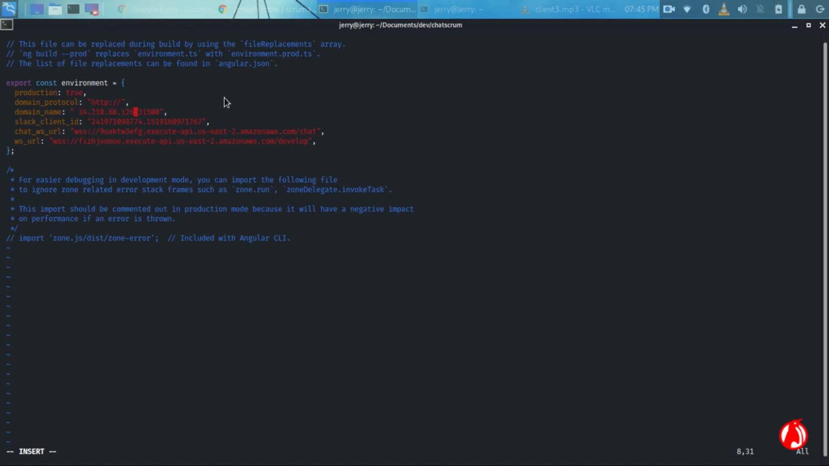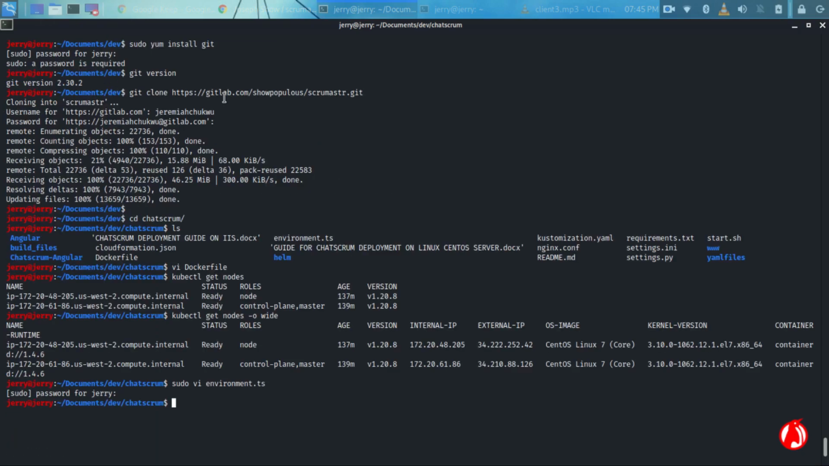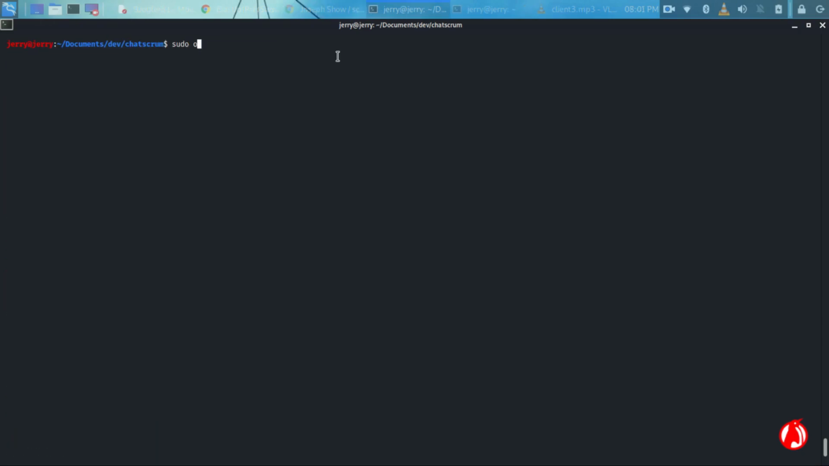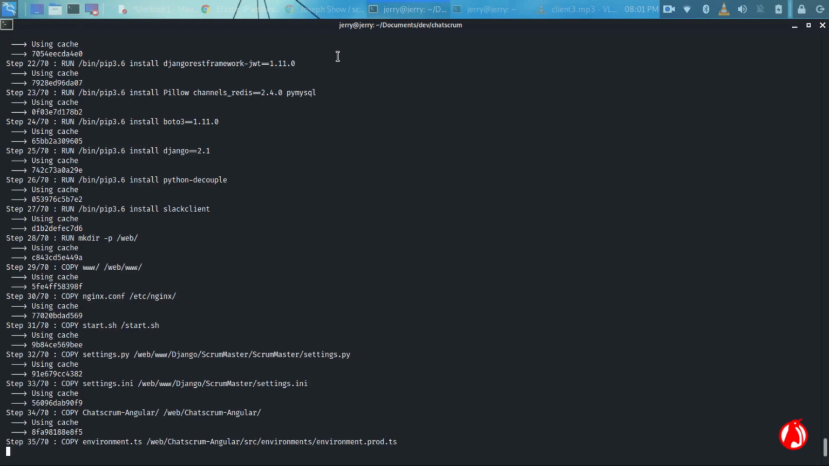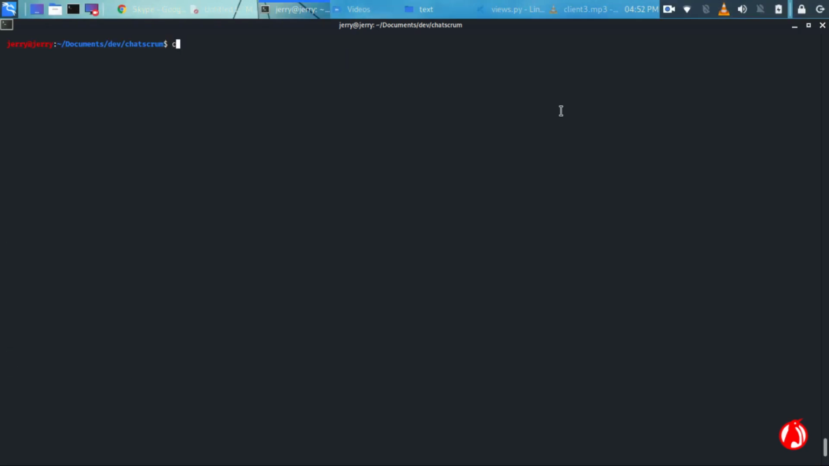Alright, we will go ahead and build the image with the command docker build -t and the image name. I will call the image chatscrum with the tag latest. Okay, this should take a few minutes to complete. If you already have an image built you can skip this step. While our image is building, let's head back to our application folder